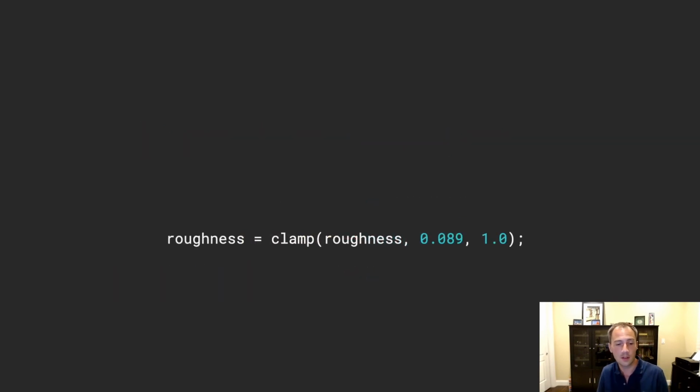All right, so let's look at some of the solutions you can use. First, you can clamp values so that you don't end up flushing to 0. For instance, this is how we clamp our roughness value. And that number 0.089 is not random. Here's how we came up with it. We looked at our BRDFs. Somewhere in the BRDF, we divide by the roughness raised to the power of 4.